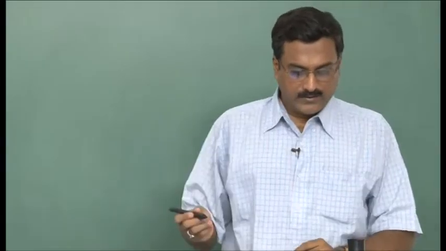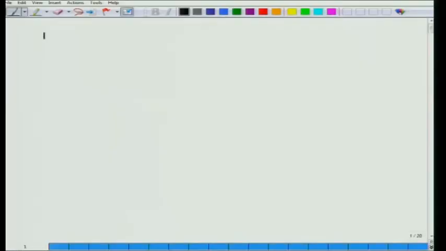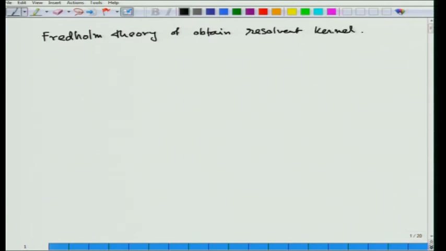So, we are going to discuss the Fredholm theory to obtain the resolvent kernel for the Fredholm integral equation,